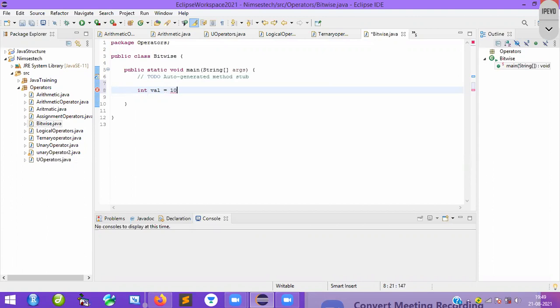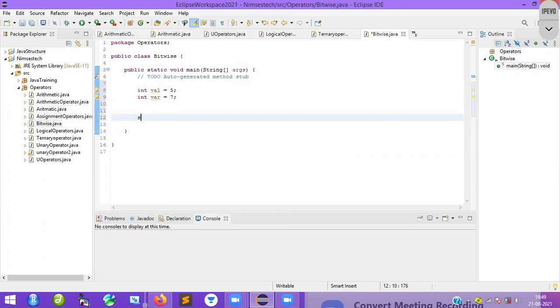I will take the value 10. Again, I will take one more integer, var. Okay, var, that is my variable name, that is equal to, guys, let me take small examples. Later we will change this. Small examples I will take because conversion will be very easy for us. So I will take 5. Again, I will take some value like 7. Very simple ones we will take. Later, if you want, you take 100, 200, whatever you want. That is left to you guys.